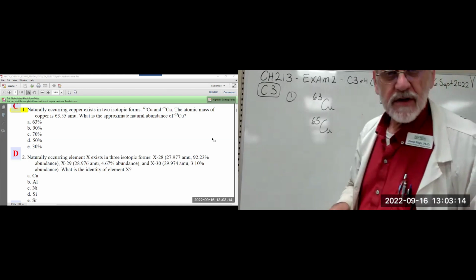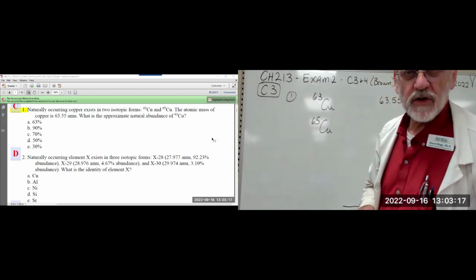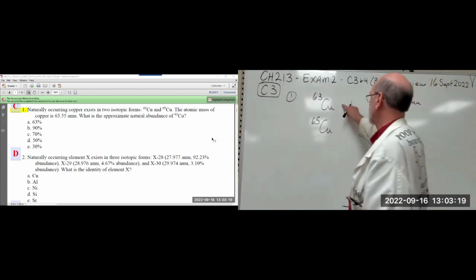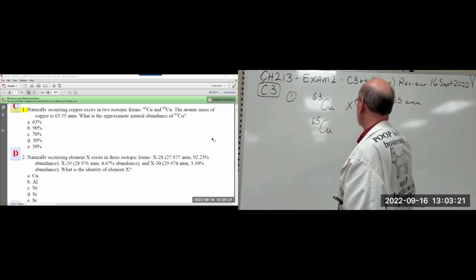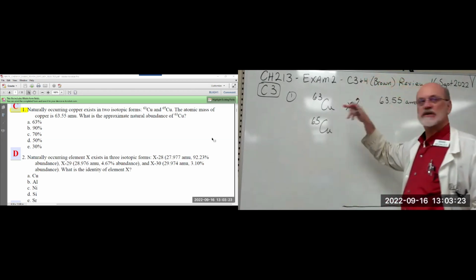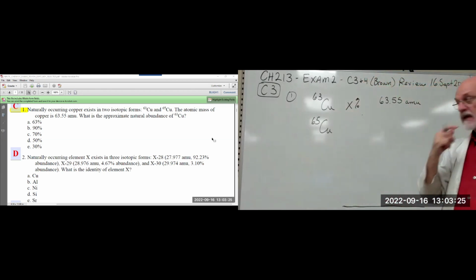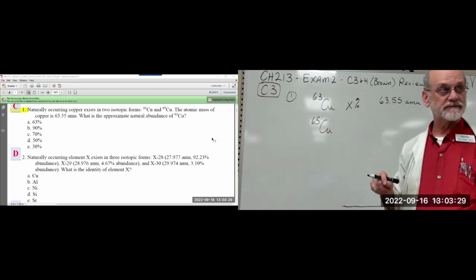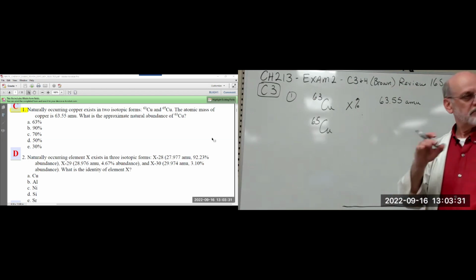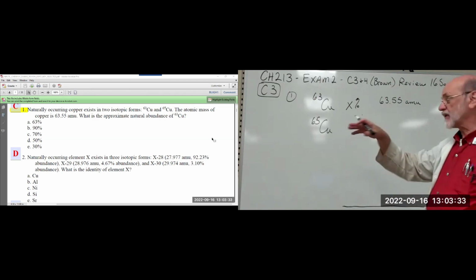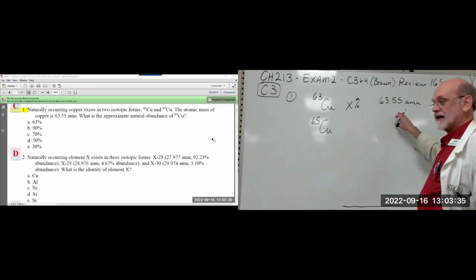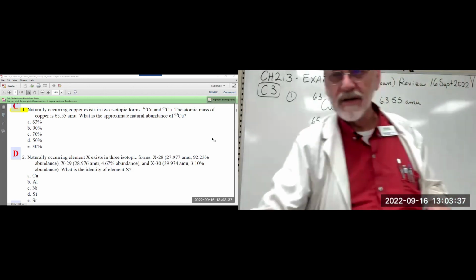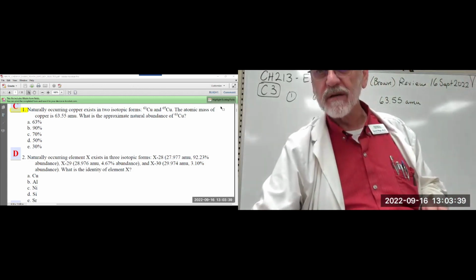So the question is, what's the approximate natural abundance of this one? So we want the percent composition for that one. First of all, do we have enough information? Well, if we look at the formula for calculating the average atomic mass,